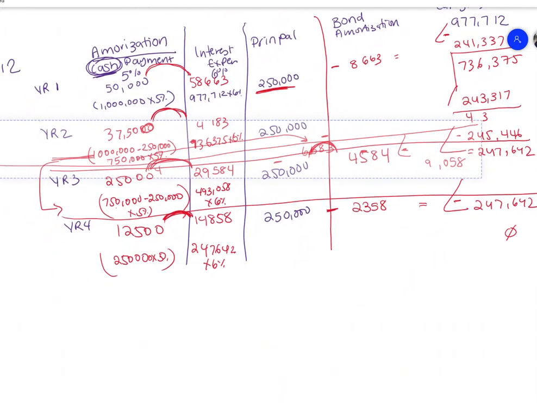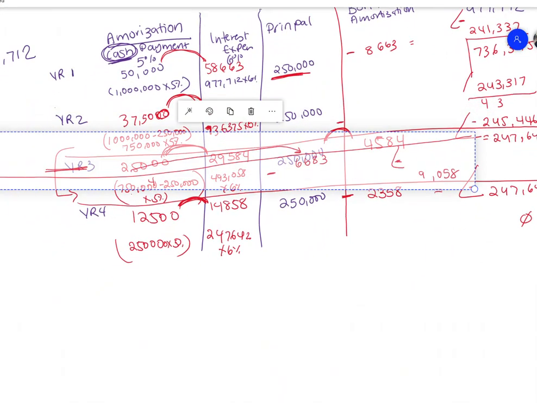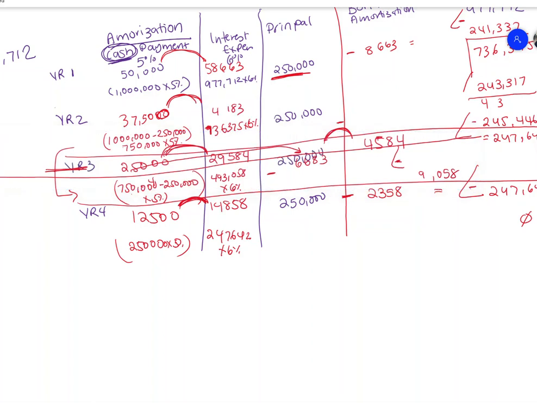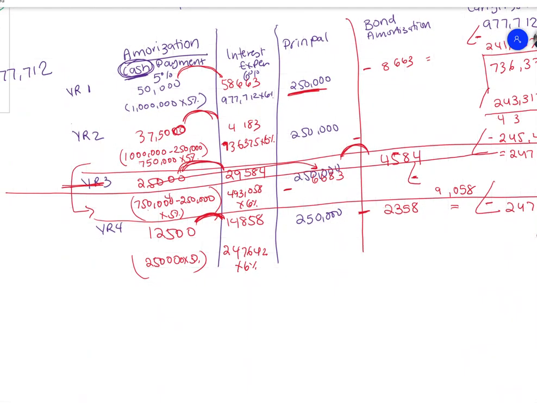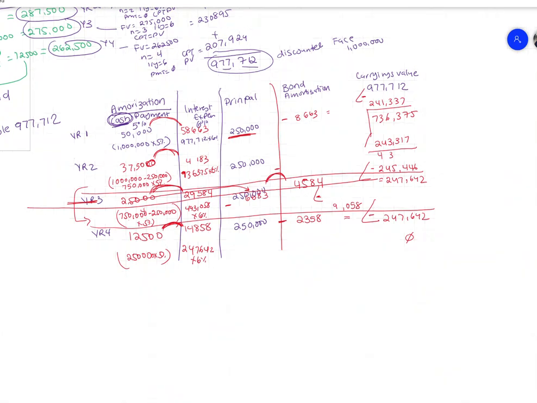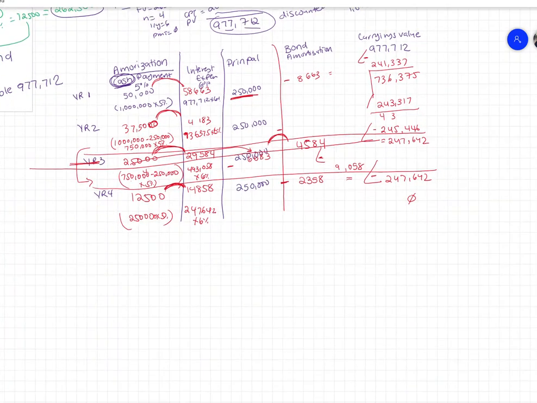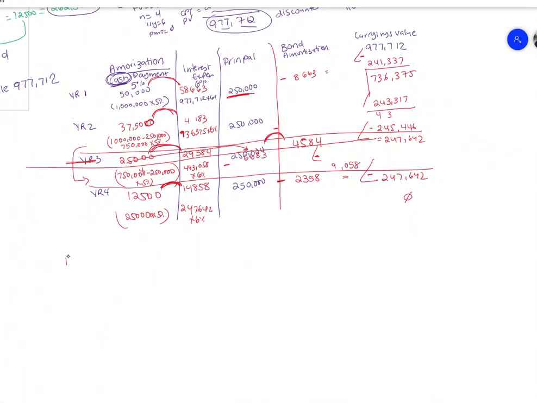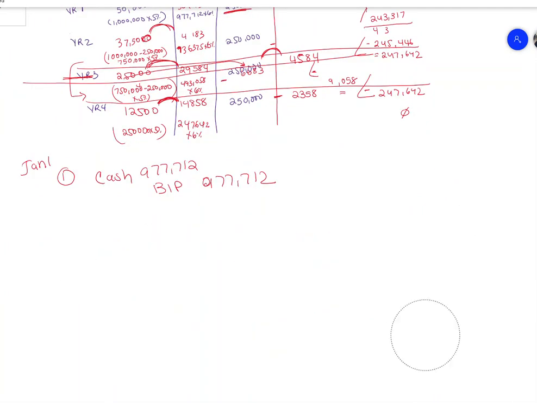So now once we calculated the table, you could do the entries very quickly. I already showed you the first entry. I'm just going to do it in here again. Debit the cash and credit your bond payable. When I discounted the bond,